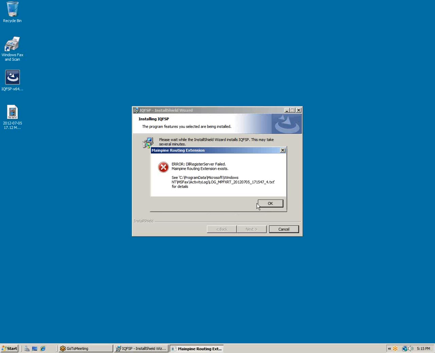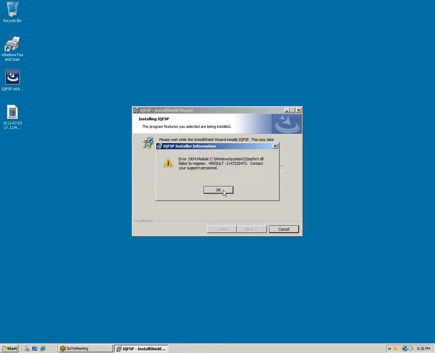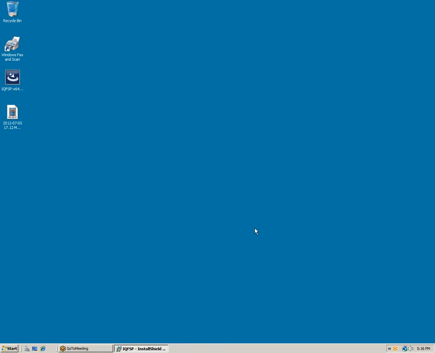You may get a DLL registration error. This happens from time to time, especially if you're upgrading from a previous version that you just uninstalled. They're usually just benign errors. You can just click OK. So after you complete the IQFSP installation,